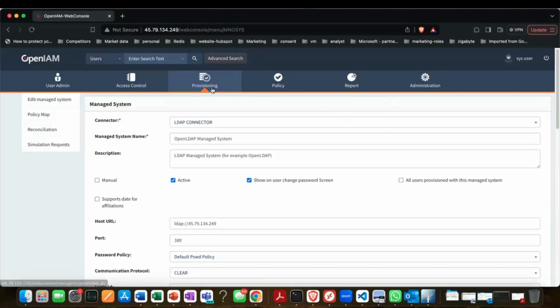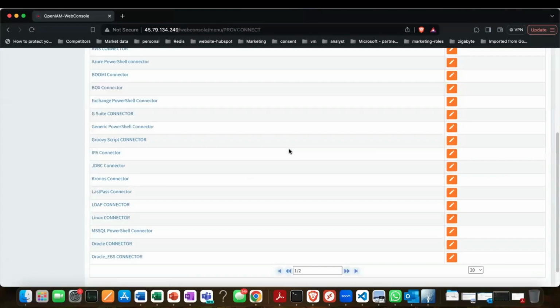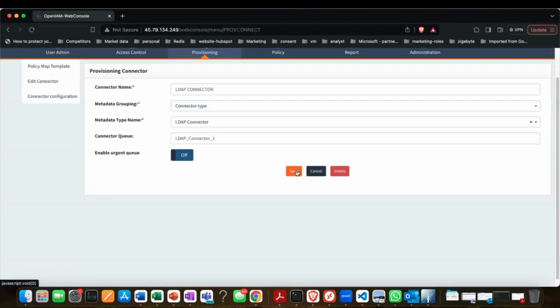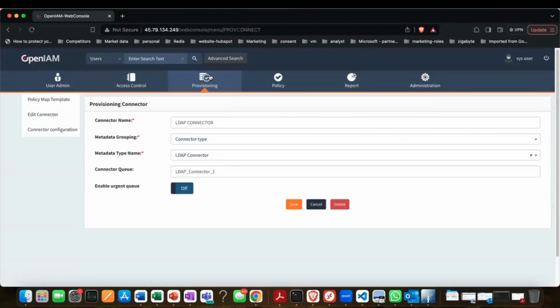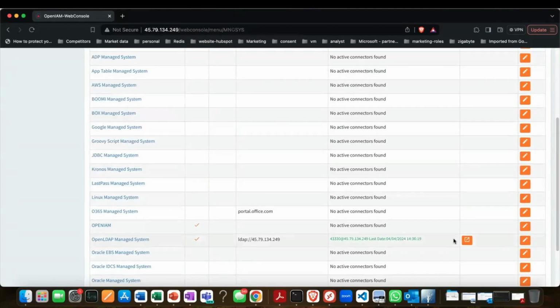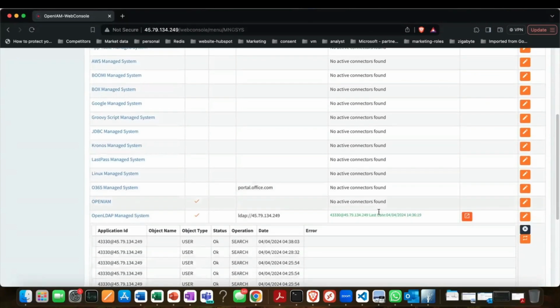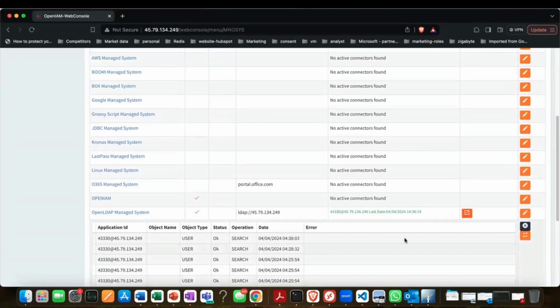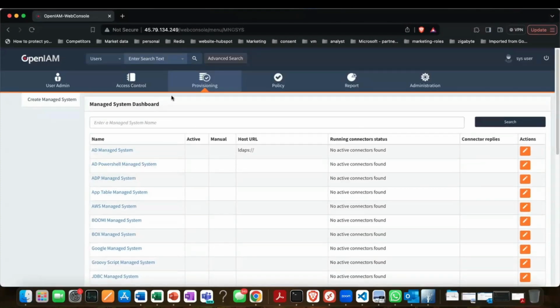Because I just restarted this, I want to go ahead and go to connectors and resave this queue just to make sure that the queues are connected. Then I'm going to wait a second to see this refresh. We'll give it a minute or so. So once this is active,